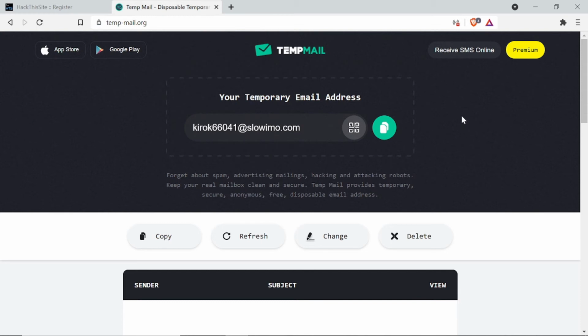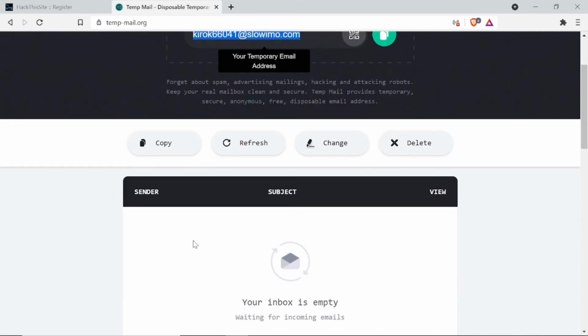Now you might be thinking, why did I choose this website? There are many websites to create temporary emails, but some require your email too, right? Some require sign up, meaning you have to give your email before using temporary emails. And some are such that your email will be public. Here, this inbox is private to me. But in some other website, like Maillinter, I think, your inbox will be public.